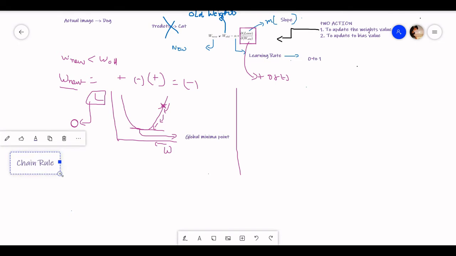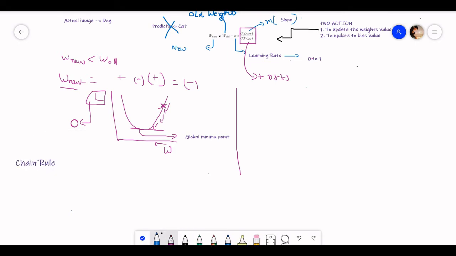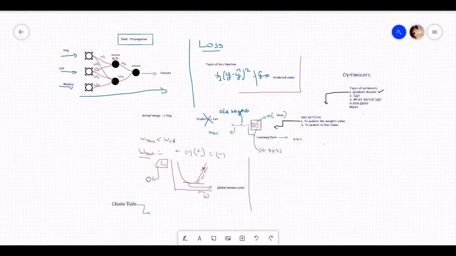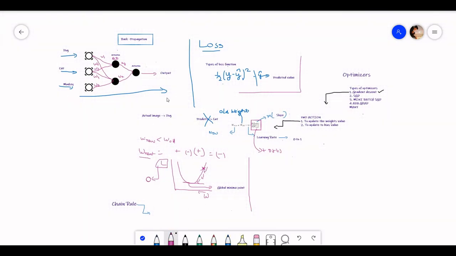Now, chain rule is a thing. Chain rule is a type of calculation that will help us find this derivative. So if I now look at our back propagation, we have to update this value first, then this value, then this, then this, then this. We have to update all these weights. So according to the chain rule, our